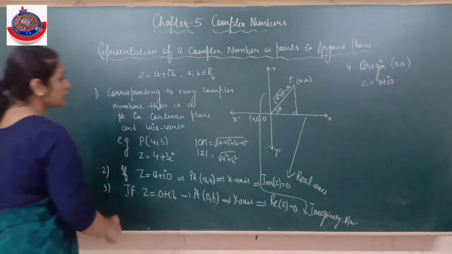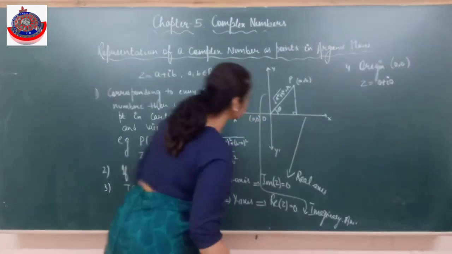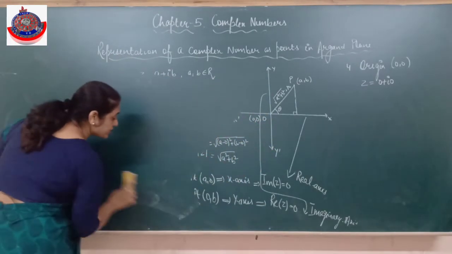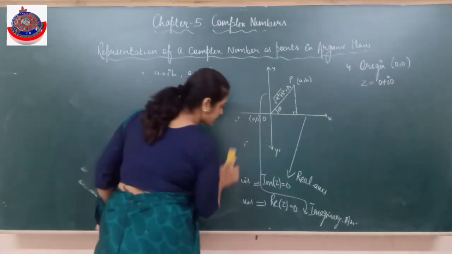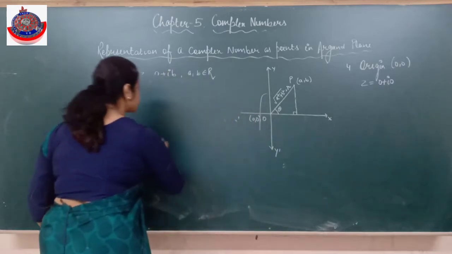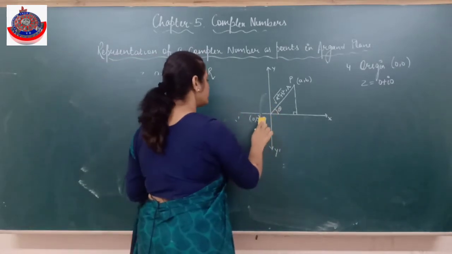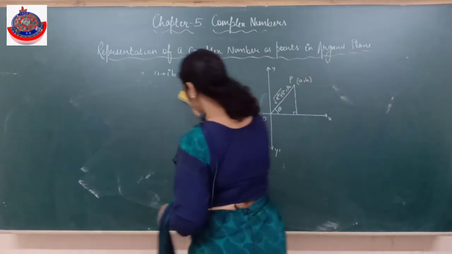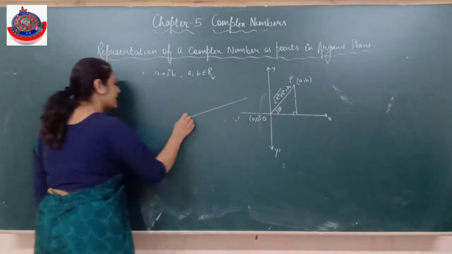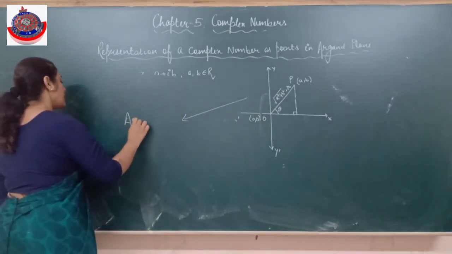Now the plane. There was a word we did not use. The Cartesian plane we already know. Now the plane in which a complex number is represented. I have represented the coordinates of this complex number. The plane which represents a complex number geometrically is known as the Argand plane.